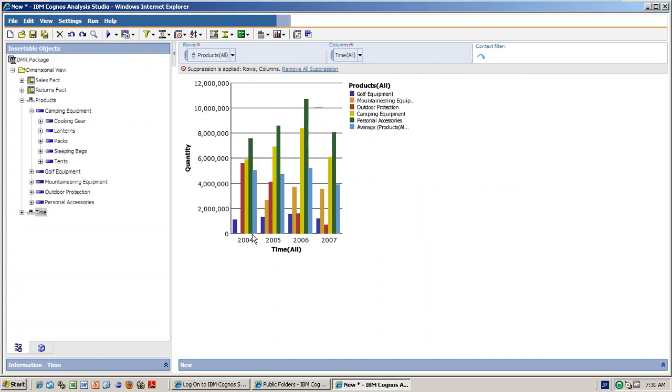See now, for example, if I double click here, what will happen? For 2004, it will go to the next level: Q1, Q2, Q3, Q4, all those things.